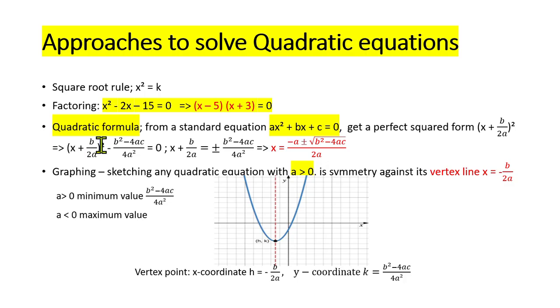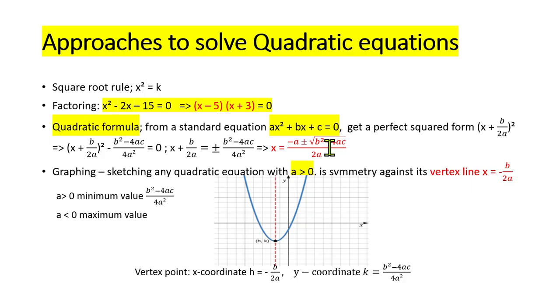Quadratic formula: we can use the quadratic formula x equals minus b plus or minus the square root of b squared minus 4ac, over 2a, from a standard quadratic equation ax squared plus bx plus c equals 0. How to get the quadratic formula? We can have details in the next slide,